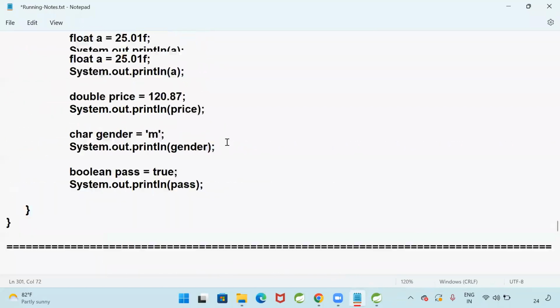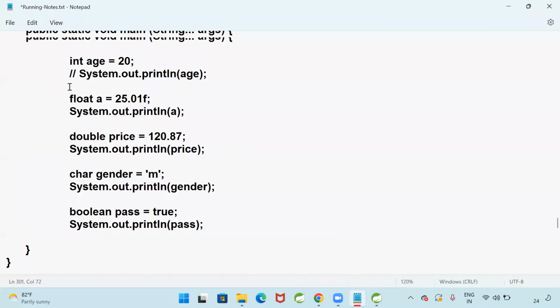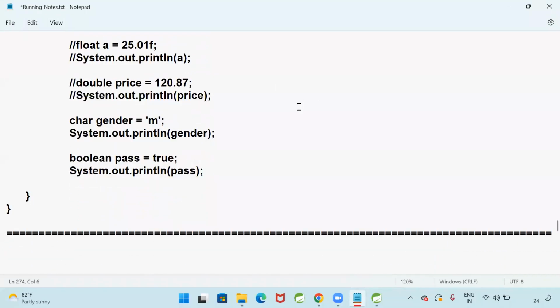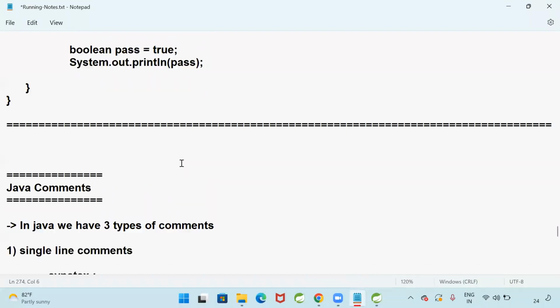Okay, now I don't want to execute these 4 lines of code. Is it recommended to write double slash for every line? No. If you don't want to execute multiple lines of code, then we need to go for multi-line comments. What is the syntax for multi-line comments?